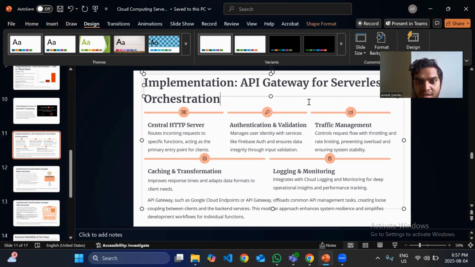The fourth one is none other than caching and transformation. Caching is basically improving the response time. For example, we can take our data and cache it, so whenever the next request comes with the same input, we're going to output the same thing in milliseconds. In the first request, suppose it takes 2 seconds. Whenever there are continuous requests with the same input, it will take around milliseconds, even less than a millisecond.